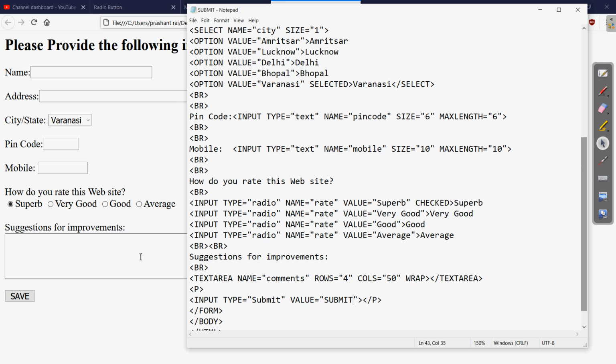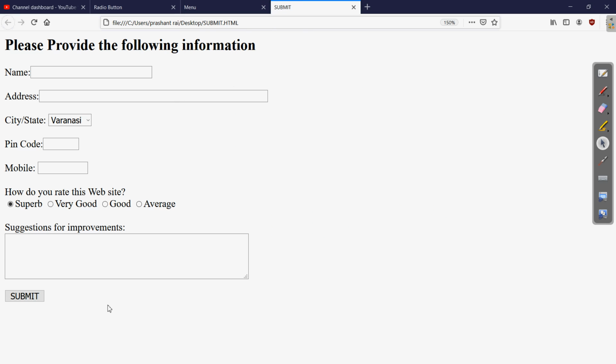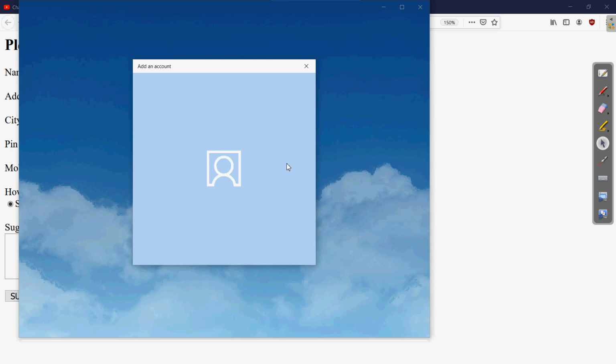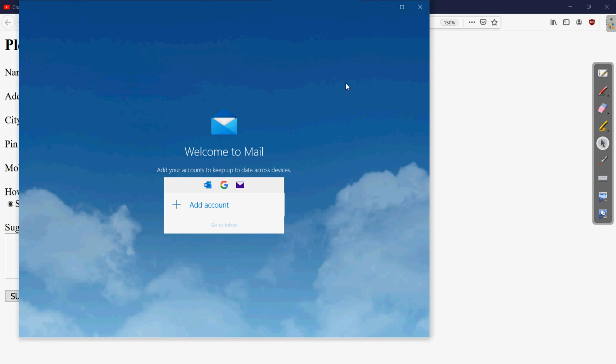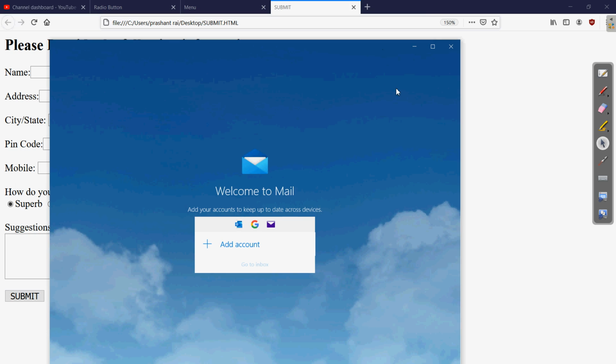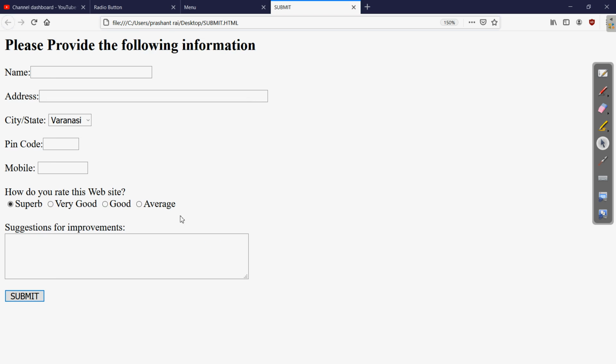Okay, so we have changed it again, and when we refresh it again, the text which is appearing on the submit button is submit. Okay, so when we complete this, we can click on the submit button. If it is required to send a mail, we can click from the mail, whatever mail service you are using. It will ask for the login, and it will send the information to the mail, according to whatever action we have written. So it will send that information as a mail to that particular email address. Okay, so this was about the submit button.